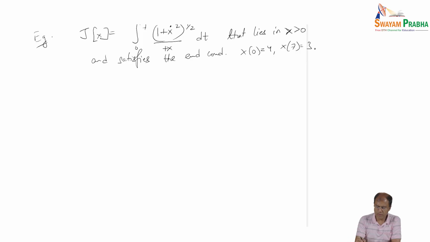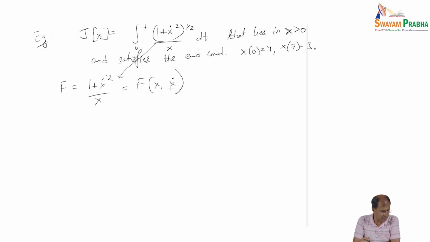So our f is as follows. My integrand is (1 plus x dot square) by x. It's purely a function of x and x dot. So I can use my Beltrami identity, and if we do that, we get that x times square root of 1 plus x dot square is equal to c. And from here I can find that,